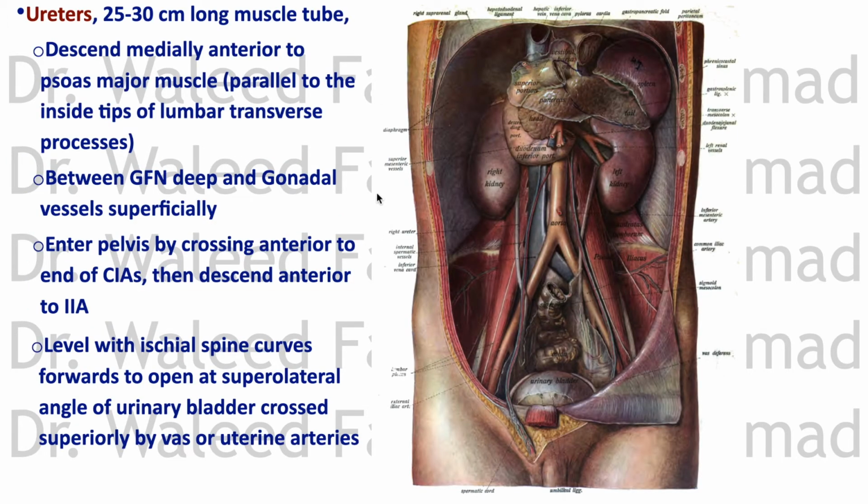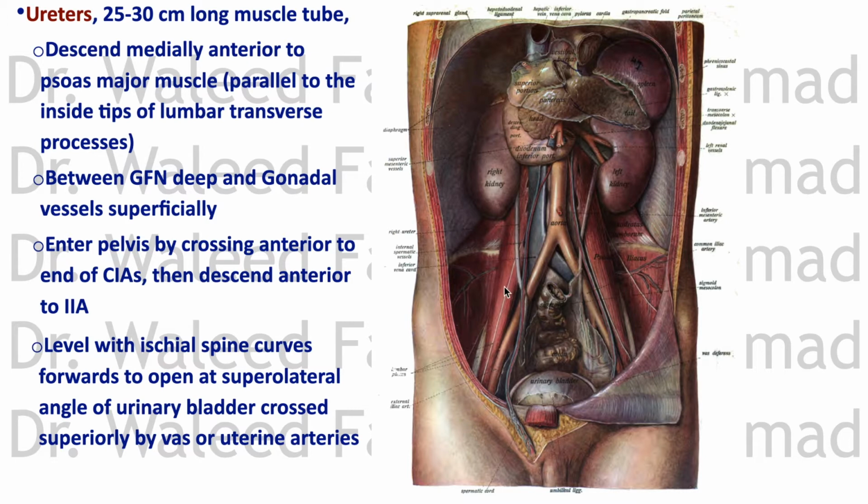Okay, now the ureters are 25 or 30 centimeters long. Of course, a muscular tube descends medially on the psoas major, as you can see here, and on the psoas major it's between the genitofemoral nerve deep and the gonadal vessel superficial. You can see this clearly here. This is the genitofemoral nerve, and this is the gonadal vessel. In this case it's the testicular artery. Between them passes the ureter,